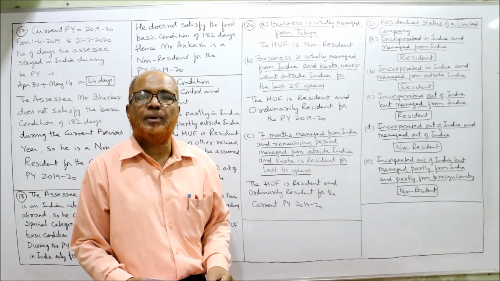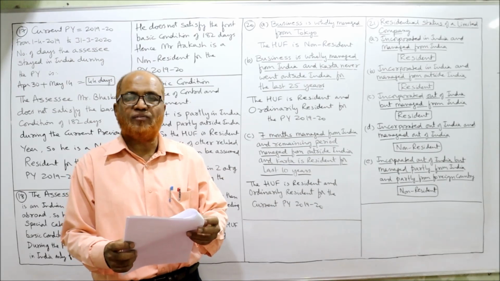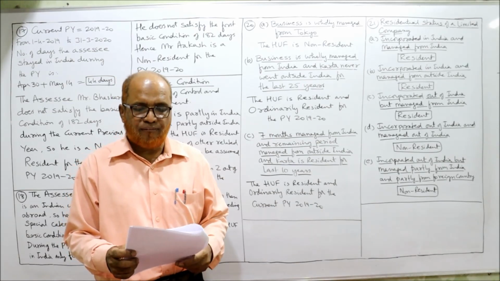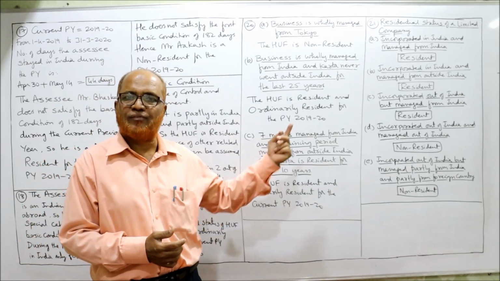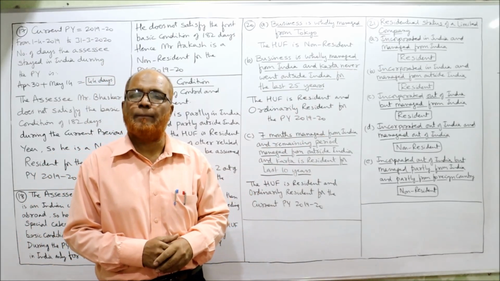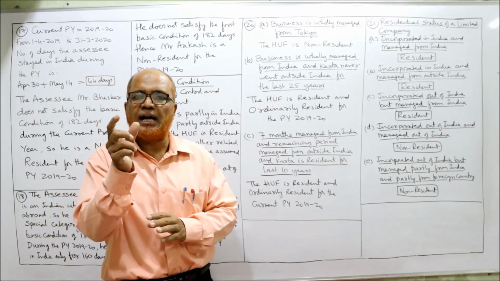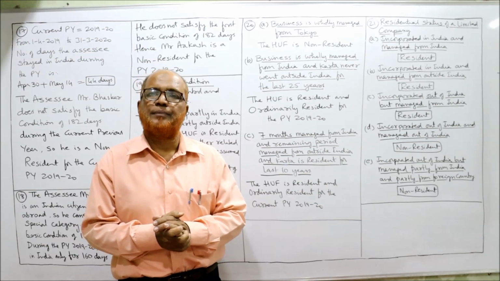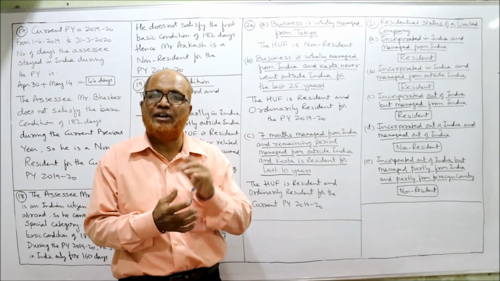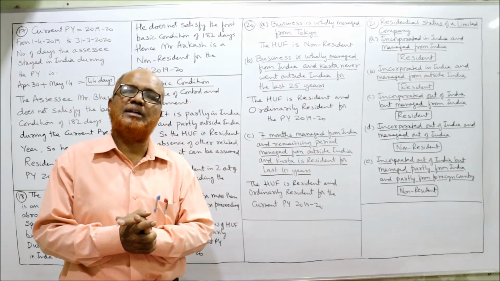Now see problem number 21. Determine the residential status of a limited company in the following situations. Again, the previous problem was HUF. Now it's a joint stock company, a limited company. The provisions of the Income Tax Act regarding determination of residential status of a company I have already explained in the theory video. So if you have watched that video, you got the idea about how to determine the residential status